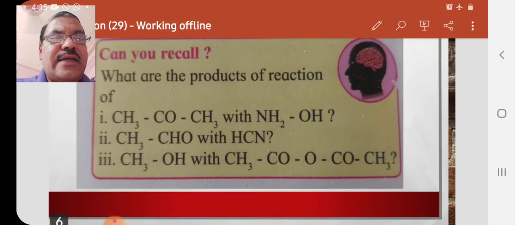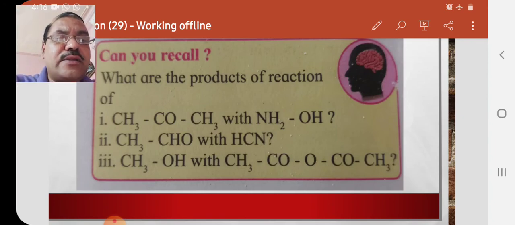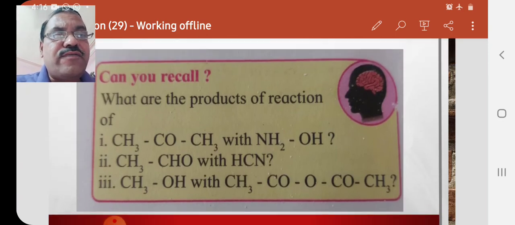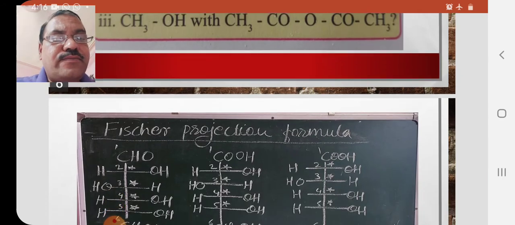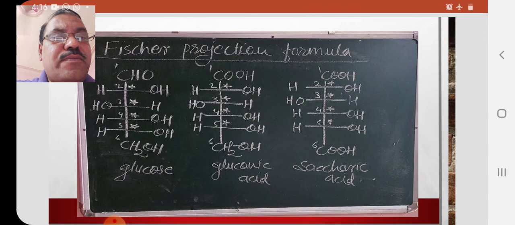Go through this reaction. It is the reaction of aldehydes and ketones. What are the products of the reaction when acetone is reacted with hydroxylamine, or when acetaldehyde is reacted with hydrogen cyanide, or when ethyl alcohol is reacted with acetic anhydride? We have already seen these reactions. So go through these reactions, then you can easily understand the reactions of glucose also. So by these 6 properties,